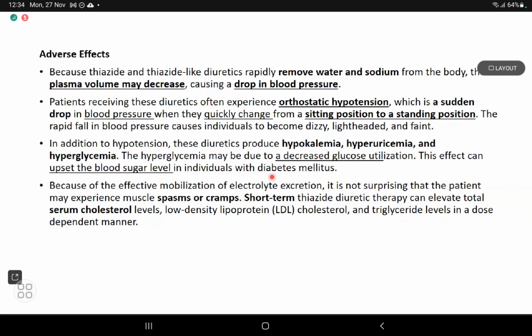So sometimes it also causes spasms and cramps in your muscles because of an imbalance of electrolytes. Okay, and then short-term thiazide diuretic therapy can cause elevation of total cholesterol level, especially LDL. Later, we're going to study the classes of cholesterol in detail. Don't worry. So just remember it may cause elevation of your LDL and triglycerides as well, in a dose-dependent